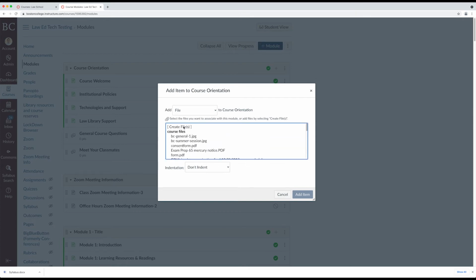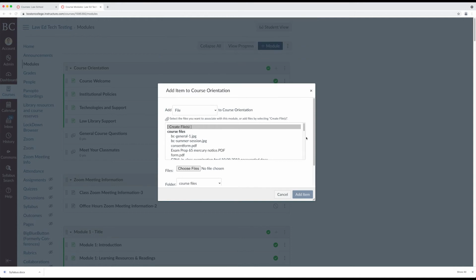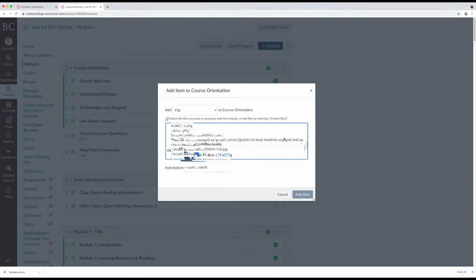Or if I need to add a new file, I'll click the Create Files link here at the top, click Choose Files, it will open up my file browser. I could search for and find it again here. But since I've already uploaded it, I'm actually going to find it in the course file section. So I could just scroll down, find the file that I'd like to upload, go ahead and select it, click